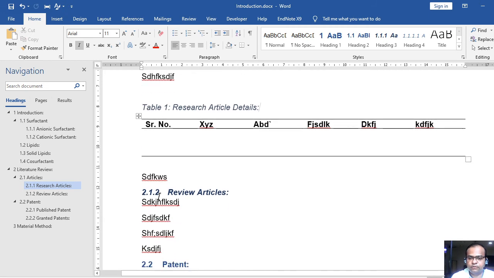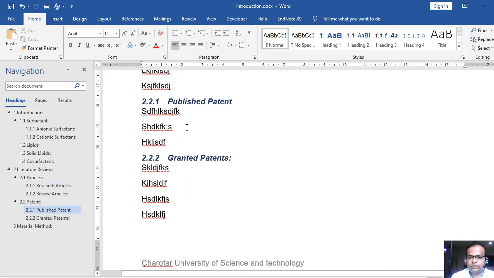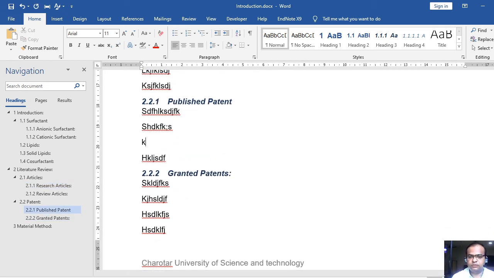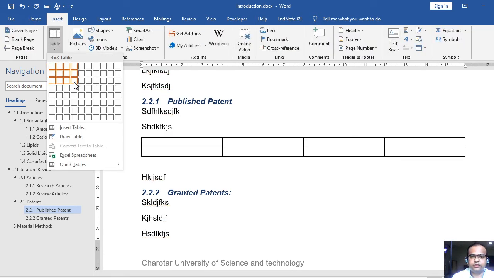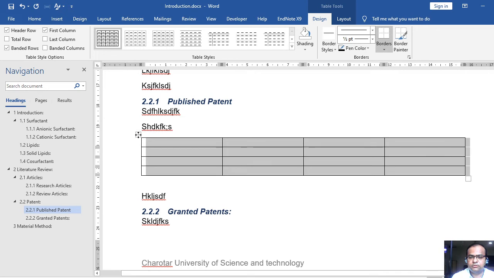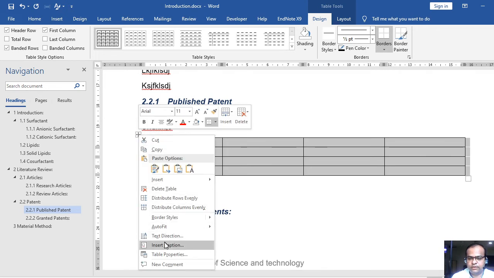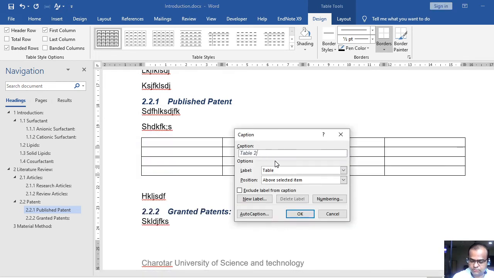So I have updated it. Okay, now suppose I am adding another table here. I will just show you what the advantages are. So let's say I will again insert the caption, so you may see the number of the table is automatically managed. So I am writing details of published patents.